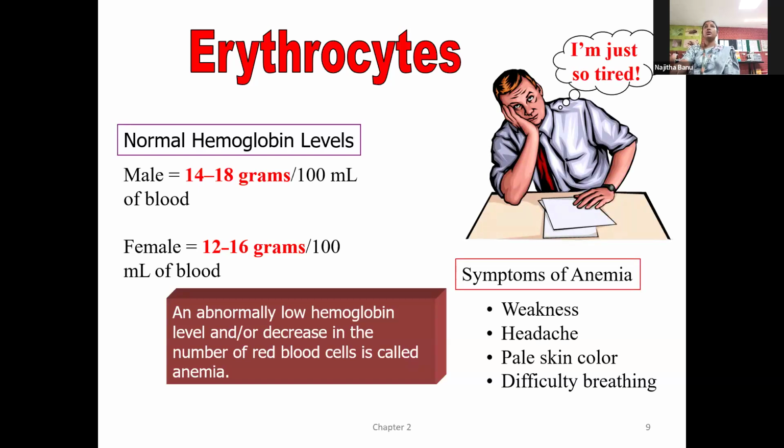For example, you are working continuously but you are not taking breakfast. After some time you can automatically feel some weakness, and you might feel breathing issues also, because the hemoglobin is not able to take up oxygen properly. The structure of hemoglobin has 4 oxygen binding sites, which help transport oxygen from the blood cells to your tissues.